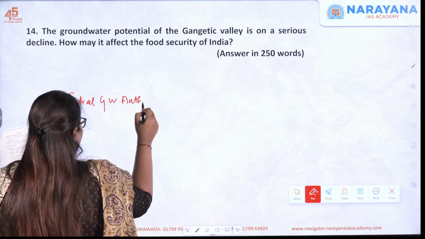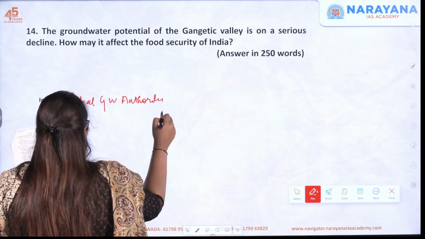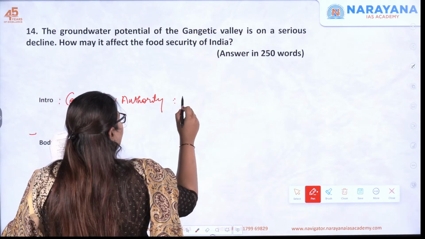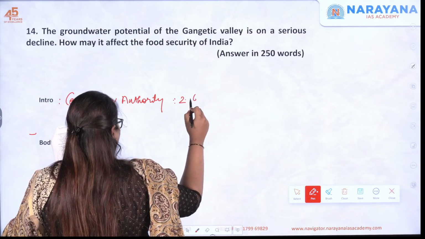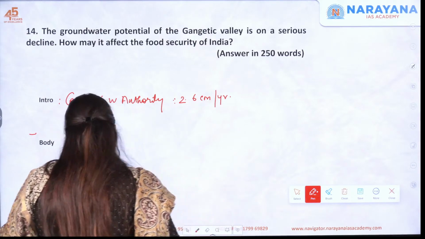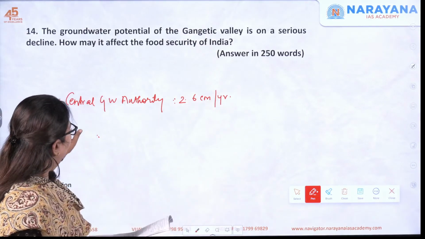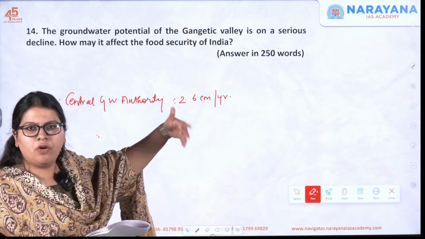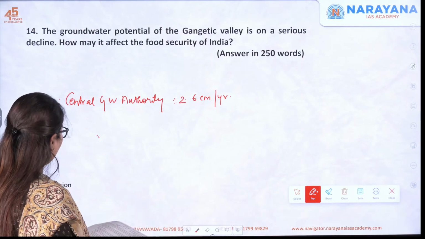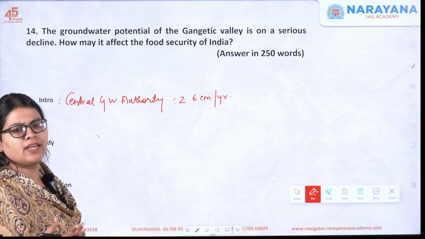So here the Central Groundwater Authority had actually said that the storage levels in the Ganga have been decreasing by around 2.6 centimeters per year. And also now towards the body. So here you have actually given a fact that we already discussed about. And now moving on to the body, you can actually talk about what are the factors that actually lead to